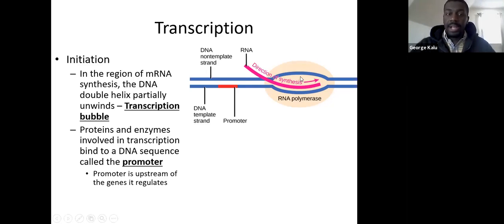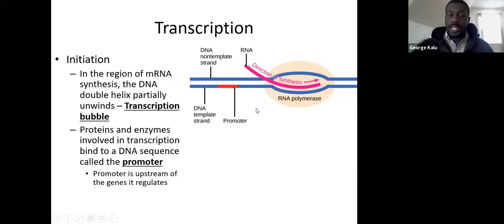And so this is what's going to form what's called our transcription bubble. So this is where we see our transcription bubble here. We see a little bulge over here and a little bulge over here where we start to pull apart our DNA. The next thing that's going to happen is we're going to have a bunch of proteins and